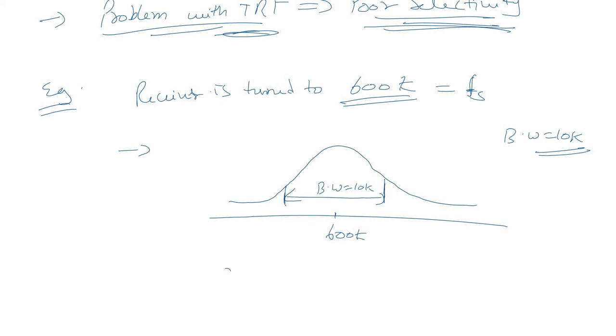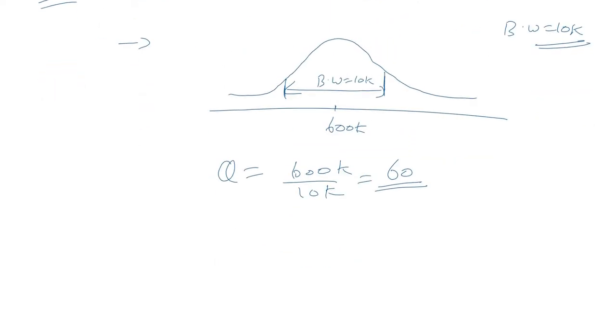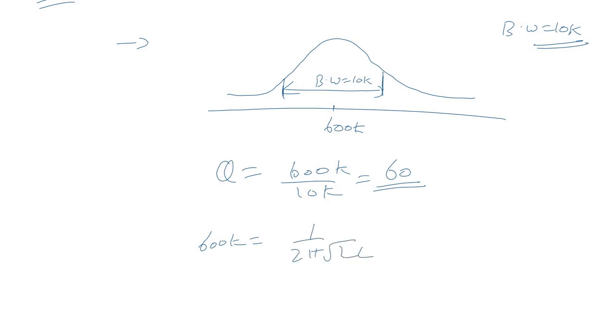So the quality factor required for this would be FR, that is 600K, divided by bandwidth 10K, that is 60. The quality factor for this type of receiver is 60, right? And this resonant frequency, we know 600K is equal to 1 upon 2 pi square root of LC, and also Q factor is equal to 60, that is 1 upon 2 pi square root of L by C, right? This is one case, you can say case 1.